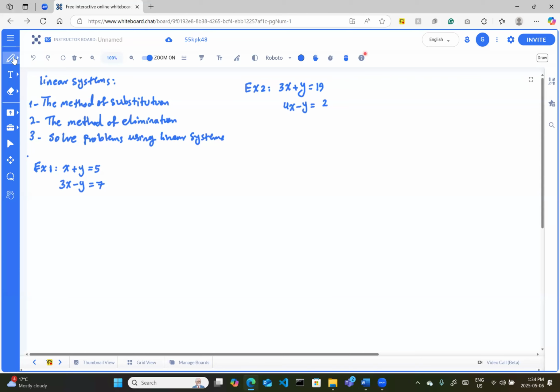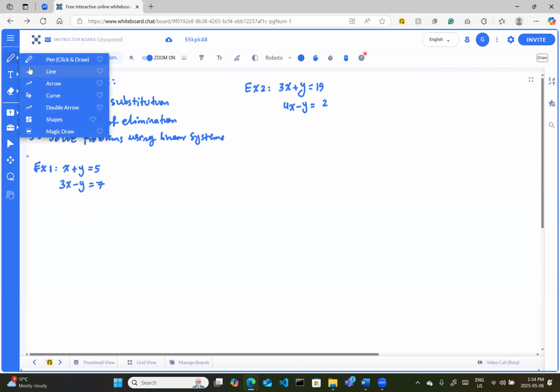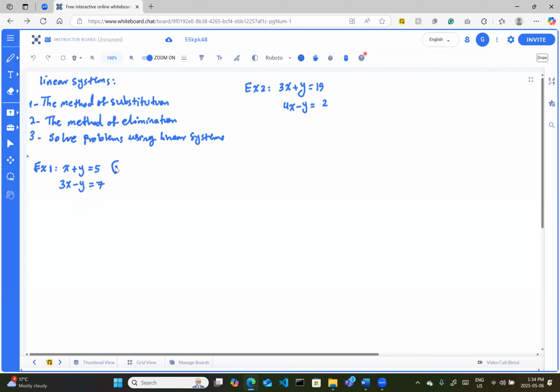So the first method is the substitution method. So please see the first example here. We are using a simple example to explain how we use this method. So first of all, you should label the equations. You can label them as 1 and 2. And then you try to isolate one of the variables in any of those equations and then substitute